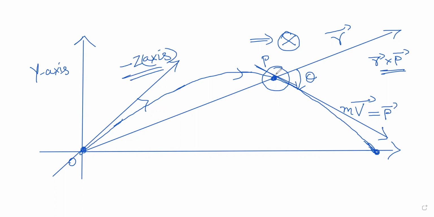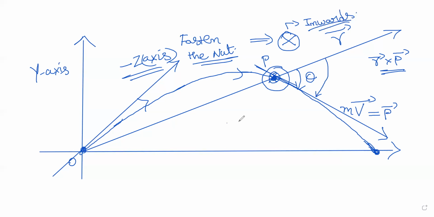The other way is just the screw rule. Imagine there is a screw here, and with the screwdriver you have to tighten the screw. If you tighten the screw, then this r bar will move like this. If you unscrew it, p bar will move to r bar. If you fasten the nut using the screwdriver, this is the direction. X means it is inwards, the screw moves inwards. So your direction of angular momentum is towards minus k cap. That is the negative z axis it is showing. So that's what we got.